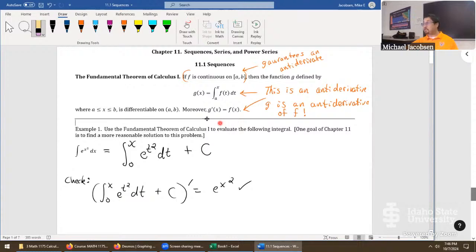Okay, now chapter 11 is a pretty wild adventure. If you've taken linear algebra before, I think it's comparable to the linear algebra content in the way linear algebra goes. Linear algebra is highly interconnected with theorems and definitions, and so is chapter 11. It's extremely interconnected. Just to give you a preview of what I mean by that, let's go grab